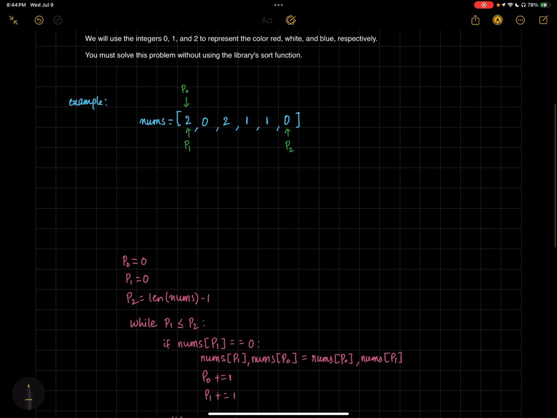So I'm at the dashboard right now. How do we solve this problem? One of the easiest ways is to directly use the inbuilt sort function, but we are asked not to use that. So what is the other way? The other way is we will have three different pointers. Why so? Three different pointers to manage three different regions, red,